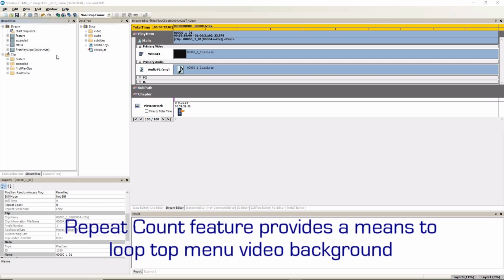A very useful new Scenarist BD version 8 feature is called Repeat Count. This feature is perfect for setting the top menu video background to a designated number of playbacks. This demonstration will show how an author can set the number of times a play item should loop or repeat